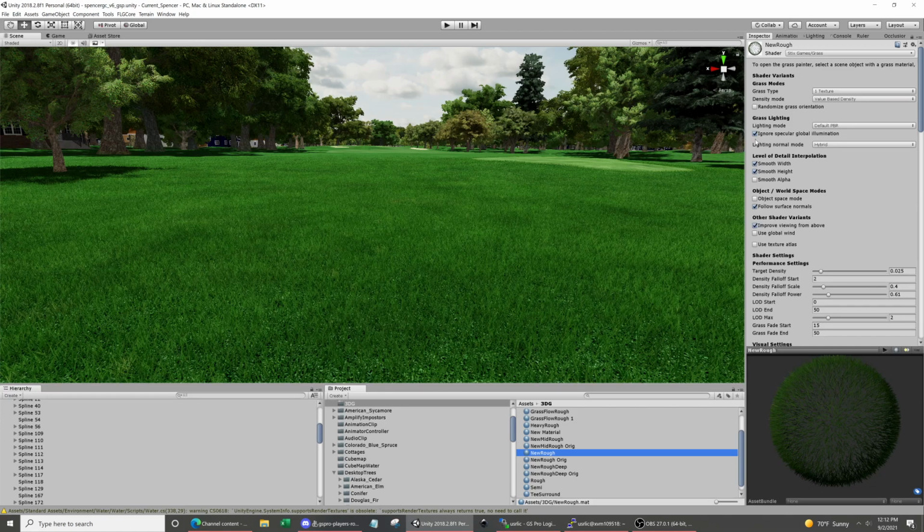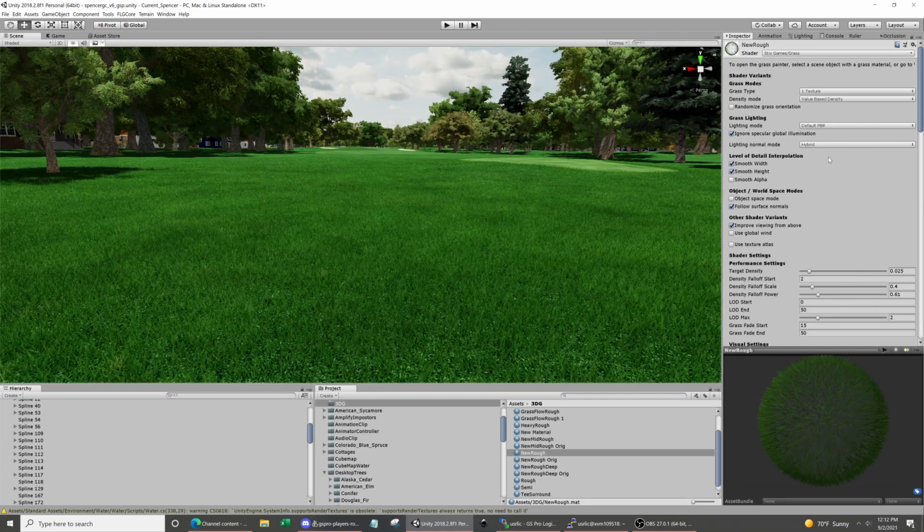I used to have all these unchecked, and I did the smooth alpha on there. In my opinion, for whatever reason, it didn't have quite the look that I wanted. I'm not sure which one of these other little settings makes it look the way it does now. But if I was to give a recommendation, these are the settings you're going to want